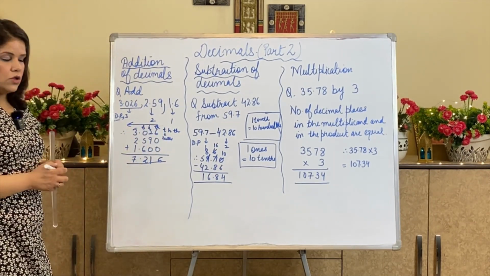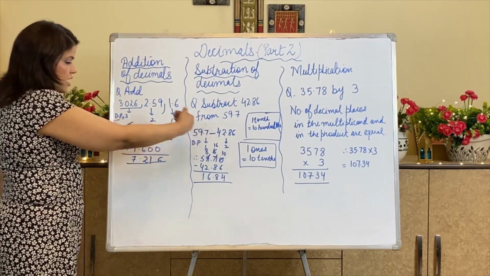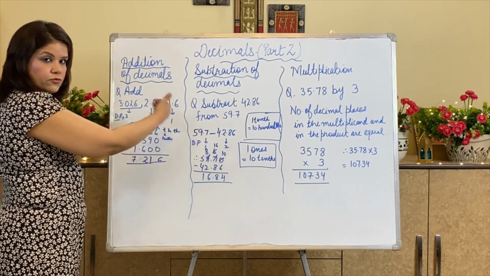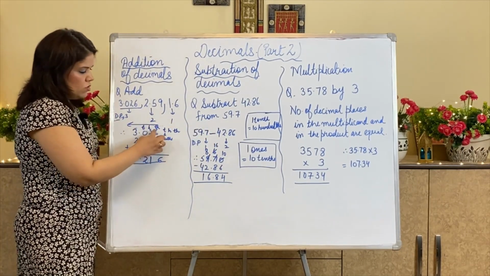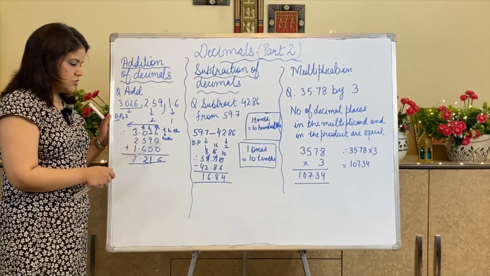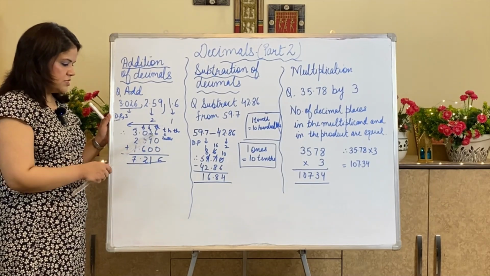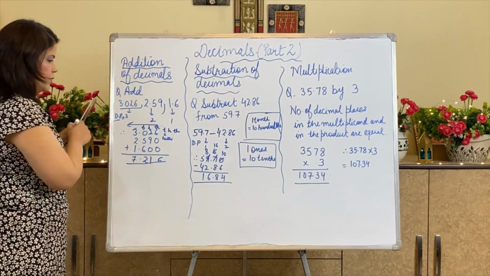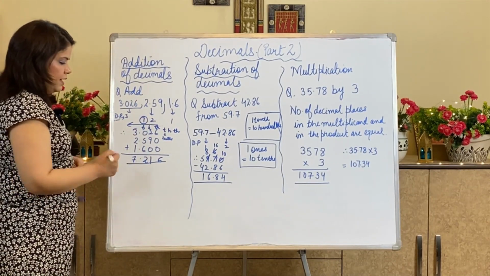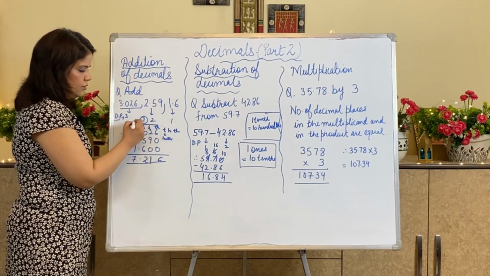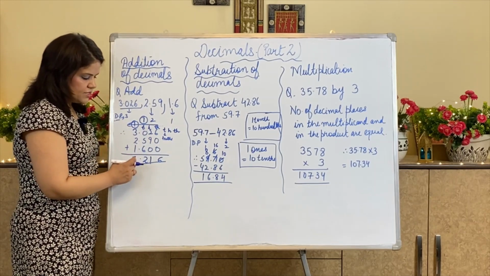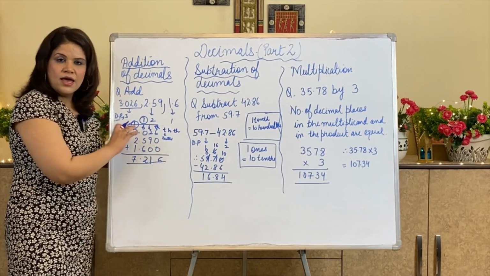So first of all, we are going to move from the extreme right towards the left. Understood? First of all, I will be adding the thousandths. 6 plus 0 plus 0 is 6. 2 plus 9 is 11. 1 here, 1 will be carried over, and this will be 11 plus 1, 12. 2 here, 1 carried. Now the whole numbers: 3 plus 2 plus 1, 5, 6, 7. So this will become 7.216. The rest are the same.